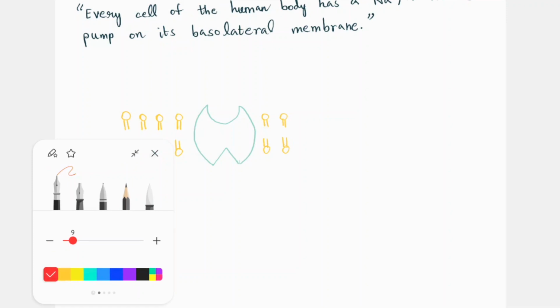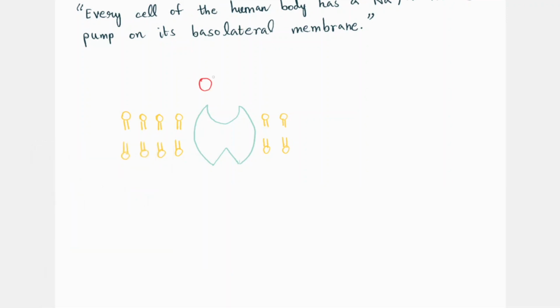Essentially, what this pump does is it takes three Na+ ions which are present inside the cell. This is the cytosolic side, the cytosol inside the cell, and it throws them out of the cell. It just kicks them out. It just boots them out. These guys, they have no prestige. They don't have any self-respect. They get kicked out of the cell wantonly, left, right, and center. This is a very bad rendition of a boot, but anyway, they just get kicked out of the cell.